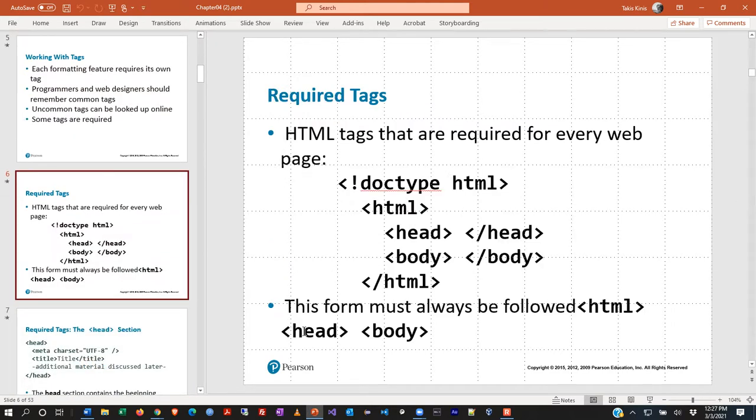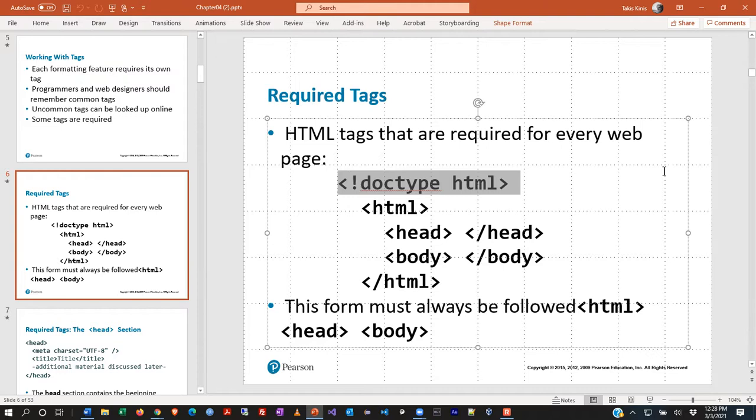Some tags in documents are required, and what they're showing here is the most fundamental version of a web page. And the tags that you see here are absolutely required to make your page render correctly. And the document typically will be broken down into two major sections. But at the top of every document, it is required by rule that you indicate what version of HTML that you're operating. So for example,